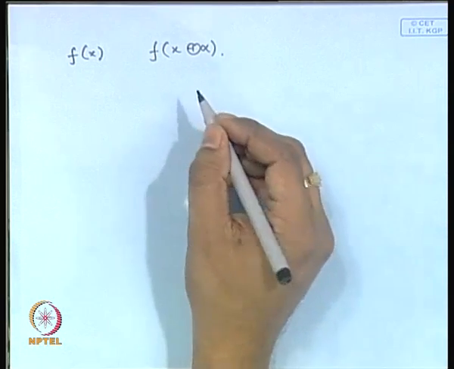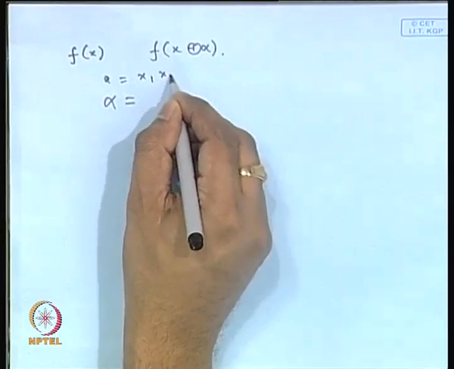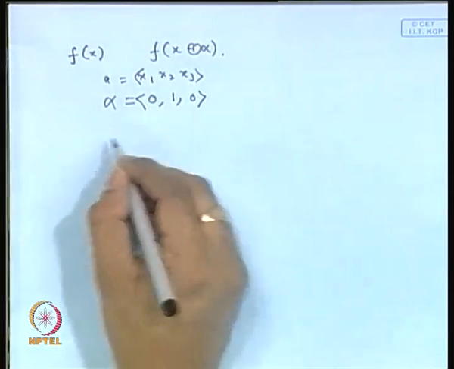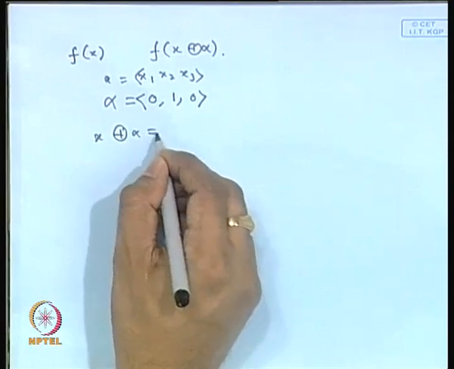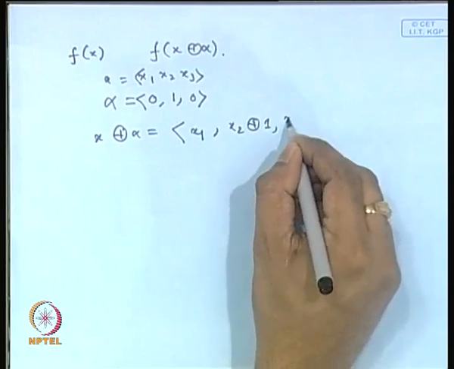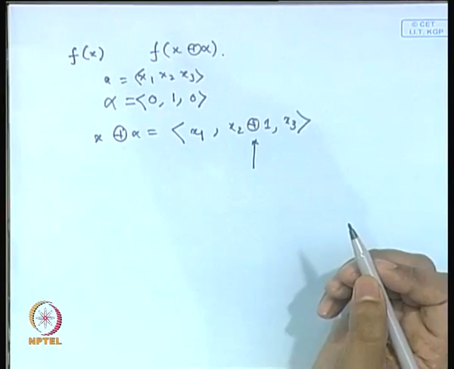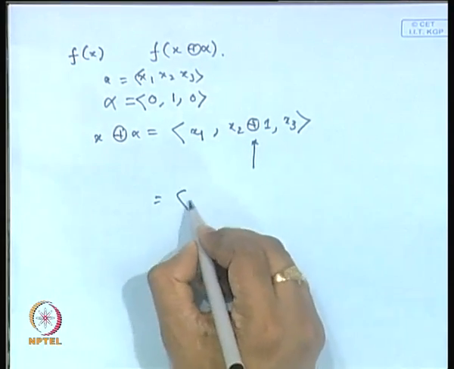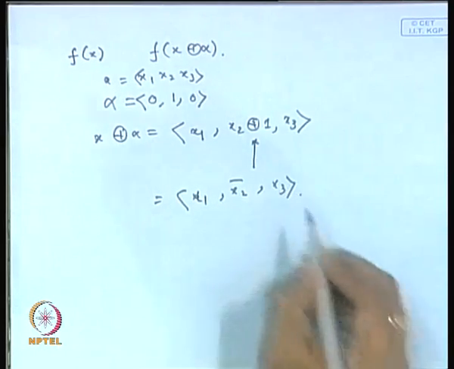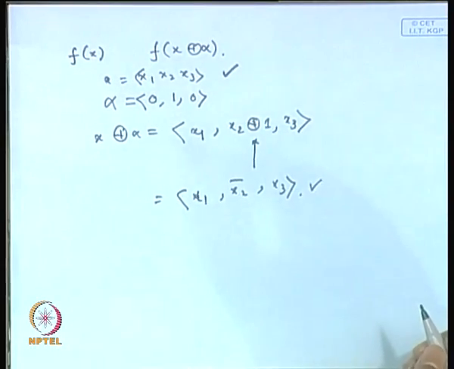So let's try to understand why only one bit is changed. You take for example x as say x1, x2 and x3, and your alpha as say 0, 1, 0. So what does x XOR alpha represent? It is equal to x1, x2 XORed with 1, and x3. So you know from the properties of XOR that x2 XORed 1 means what? Complement of x2, right? So therefore you can represent this as x1, x2 complement, x3. So you see that between this x and this x XOR alpha, there is only one bit